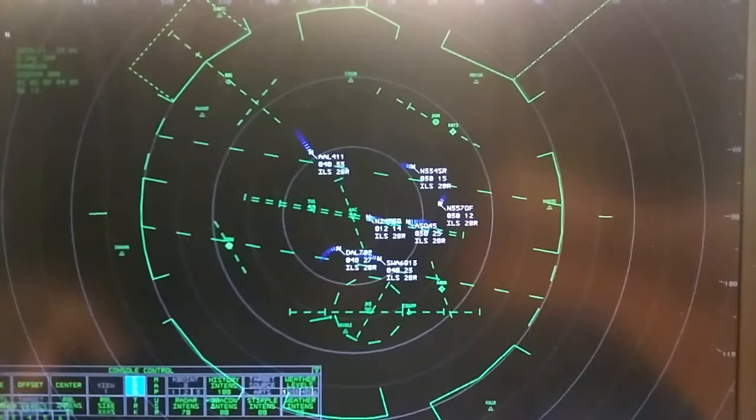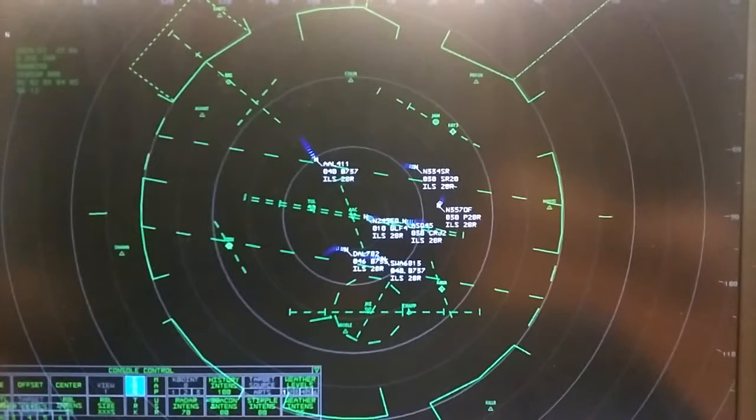Academy approach, Execjet 2411 is with you on 3,000 feet with information Oscar. American 411, turn left heading 100. Roger, turning left heading 100, American 411. And that is time. So,